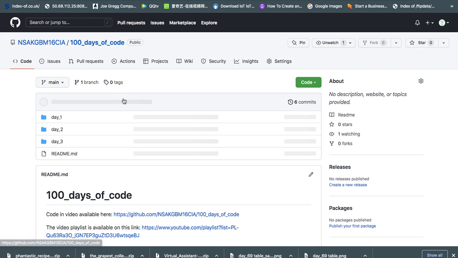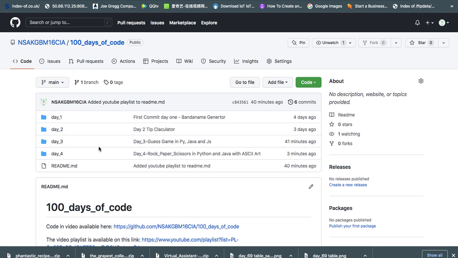If you're curious about whether or not we have our stuff on here, I think it's kind of cool to see whether or not it came through as well. So what do we do? Wait for it, right? Waiting for it. Okay, we have day number 1, day number 2, day number 3. We're missing one day. What's happening? Oh, there it is. It just came up. Day number 4. Just in front of us. Yeah, rock paper scissors, print server, and ASCII art. Good. So that's day number 4 for us.